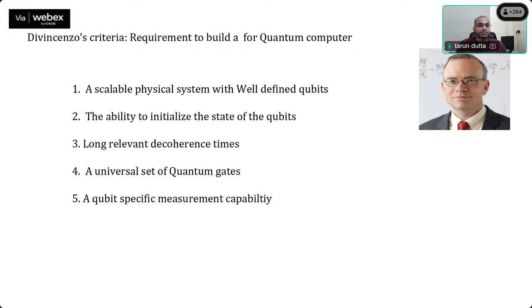And the fourth one is a universal set of quantum gates. This is like in a classical computer, where we also have a universal set of digital gates, and the NAND gate is a universal gate. So here also we need a similar kind of gate, if we want to perform some